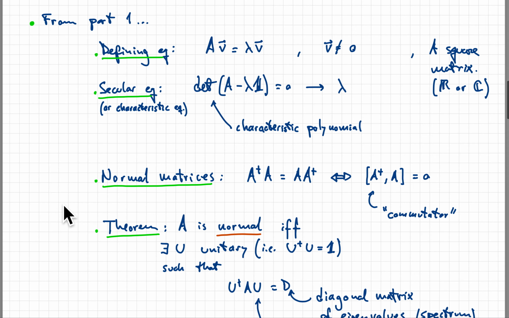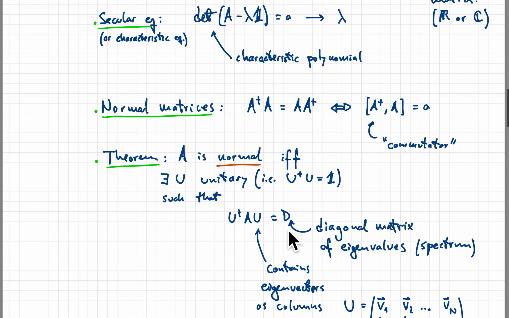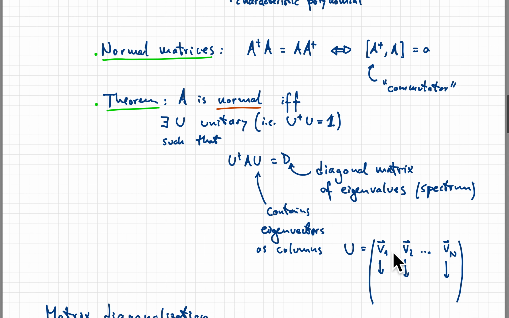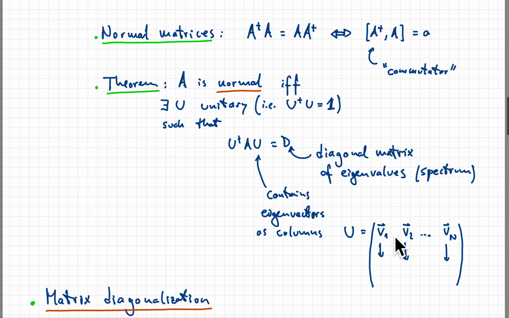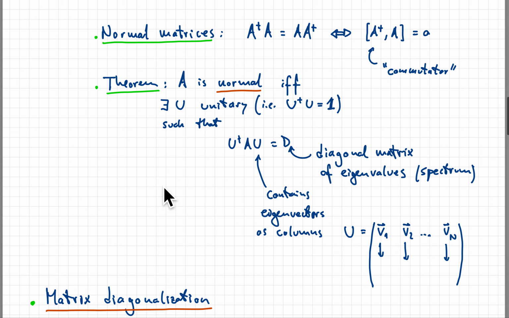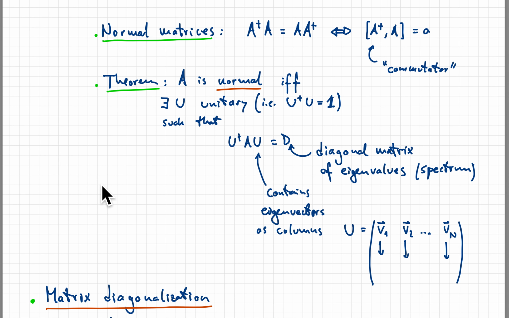And this is very important because we have this theorem. The fact that A is normal is equivalent to saying that there exists a unitary matrix U such that U dagger A U is a diagonal matrix made out of the eigenvalues of the matrix A. And moreover, this matrix U contains the eigenvectors as columns, and the fact that we have to have U dagger U equal to 1 means that these vectors are normalized, by the way. And so we have all this information in U and in D, of the eigenvectors and eigenvalues, which is guaranteed if the matrix is normal. If the matrix is not normal, then we don't have this guaranteed, but there are other things that could happen